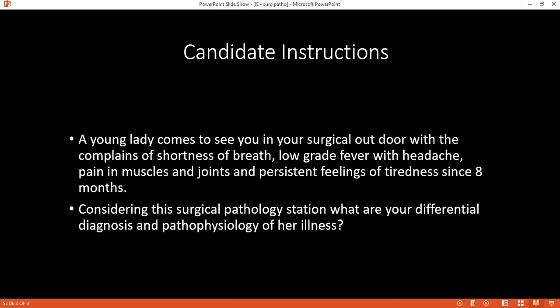So can you please tell me what are the criteria that you will consider that can help you with your diagnosis? I would like to consider the Duke's criteria for the diagnosis of infective endocarditis. The Duke's criteria has been classified into major and minor criteria. Among the major criteria, we have the blood cultures first. Among the blood cultures, we have 2 blood cultures which are positive for microorganisms typically found in